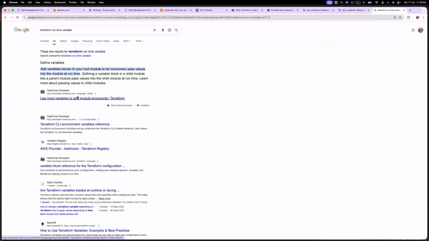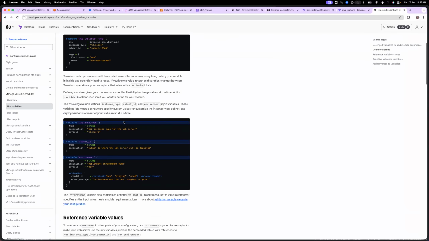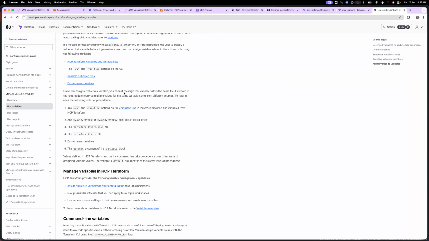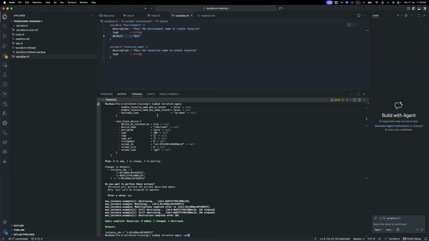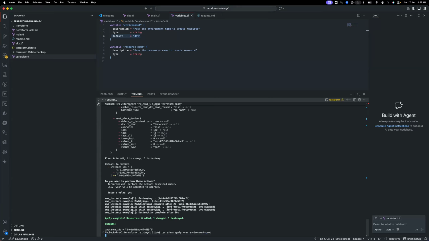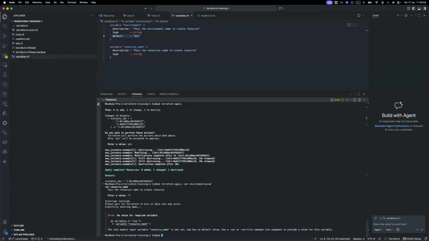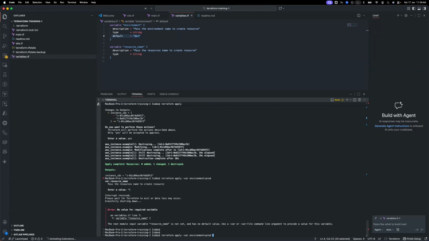So they give an example here. Yeah, you just pass dash var. Okay, then the key and value. So for example, you just go var, then you say environment equal to prod. Okay. What it does, it's just going to change the name, right? Oh, resource name we haven't passed, right? So it will ask, or even you can pass resource name. How do you pass multiple? Just use terraform, environment var, then again use one more var, just say resource name, right? Equals to